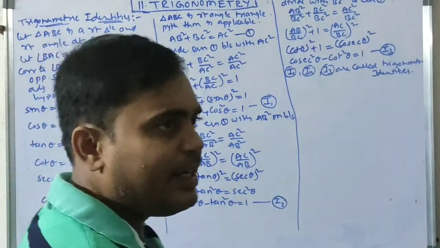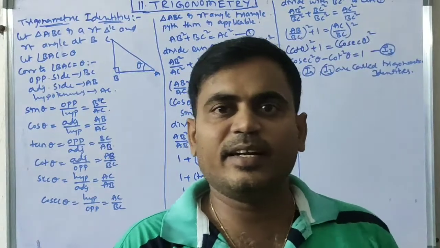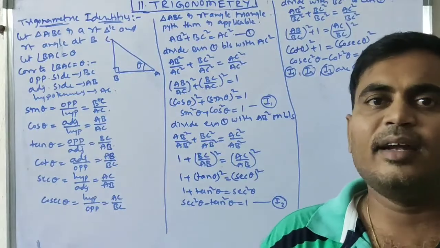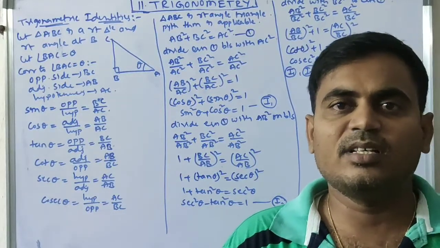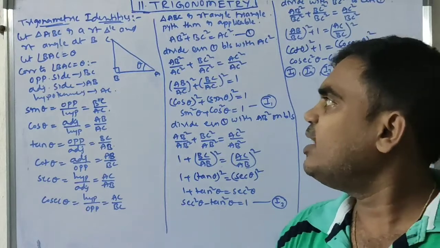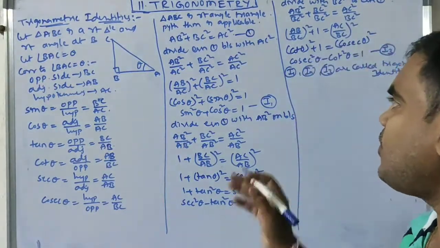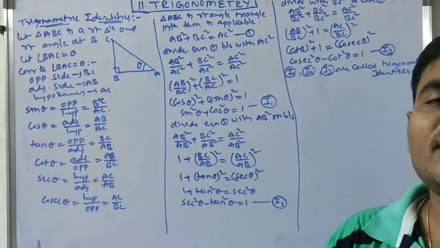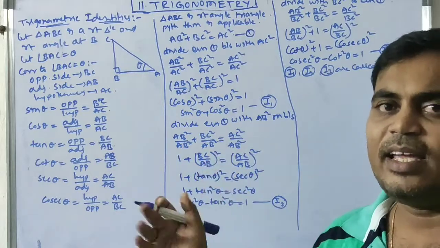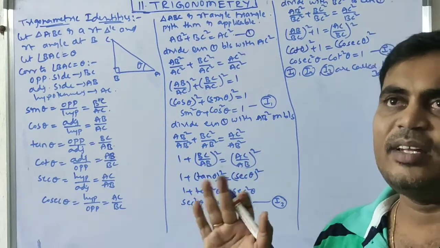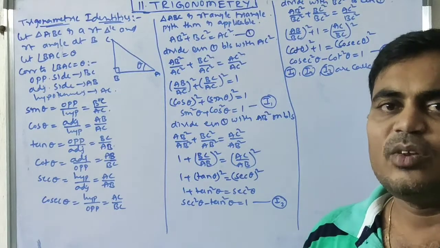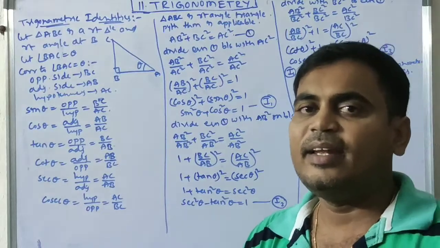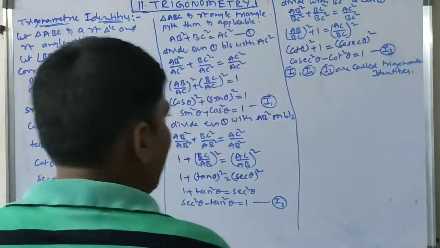So in numbers, additive identity is 0, multiplicative identity is 1. How important those numbers are in numbers, these three are that important in trigonometry. These three equations are called identities. Why are they called identities? If you substitute any angle theta, these three equations will be satisfied. Whatever the angle theta, if it is 30 degrees, 90 degrees, whatever the angle, these equations will be satisfied. That's why these equations are called trigonometric identities.